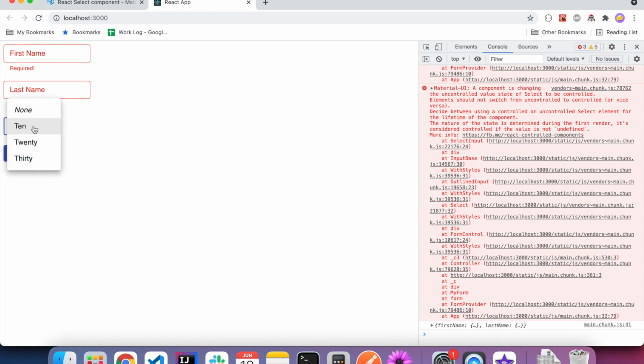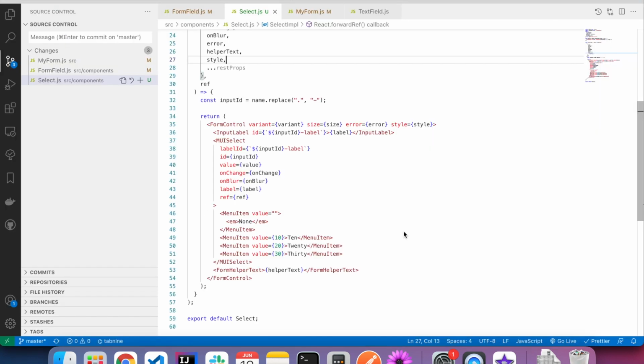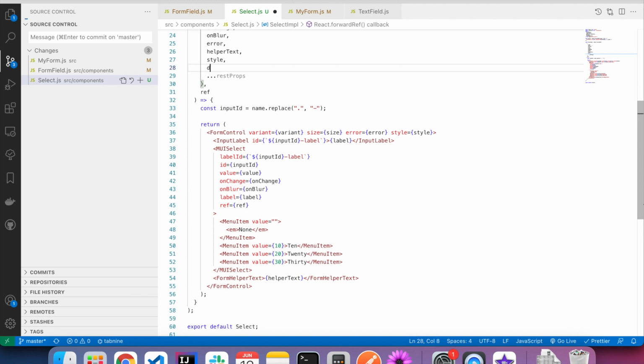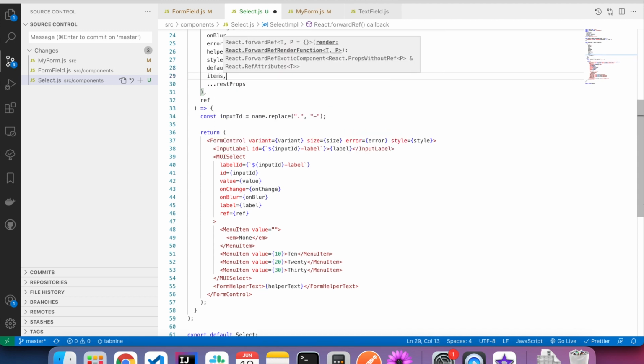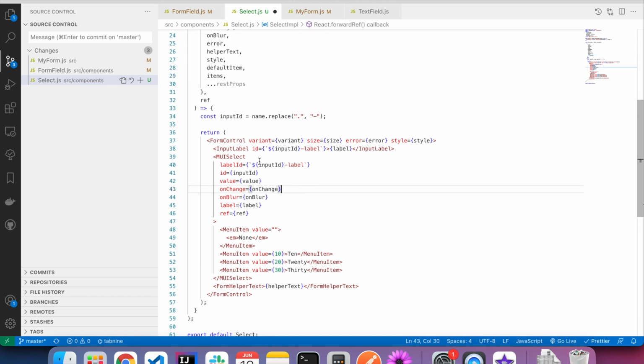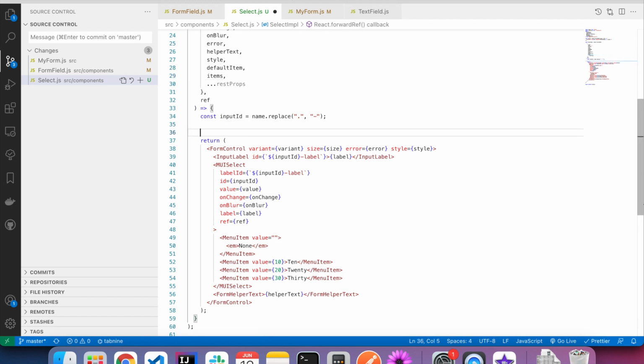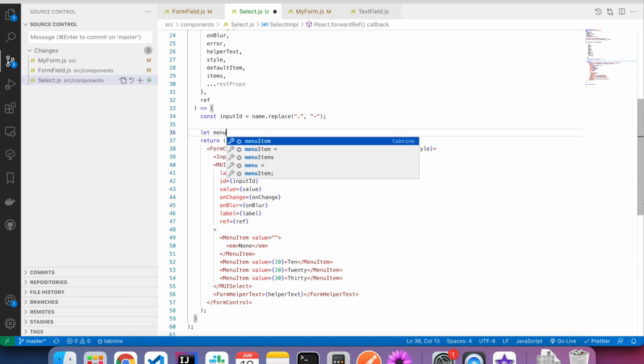Now let's generate these menu items dynamically. Code to generate the menu items dynamically. So we are going to accept a default item and then an array of items. If default item is specified, then we will add it to the beginning of our items. So I'm declaring let menu items equal to a blank array,